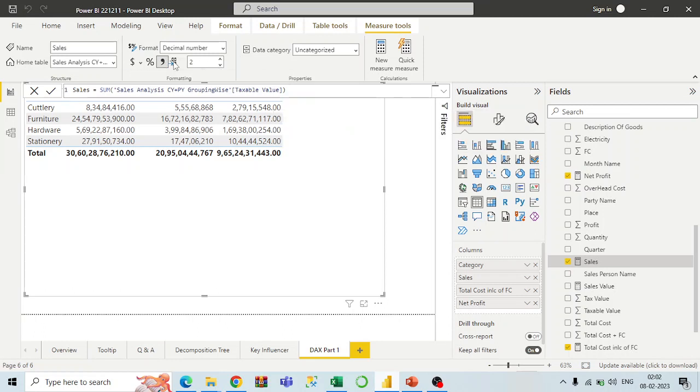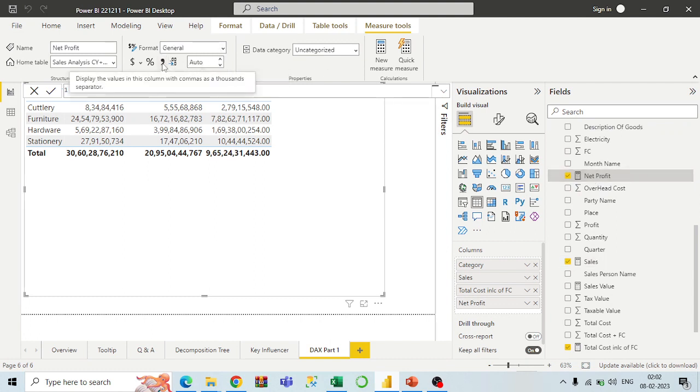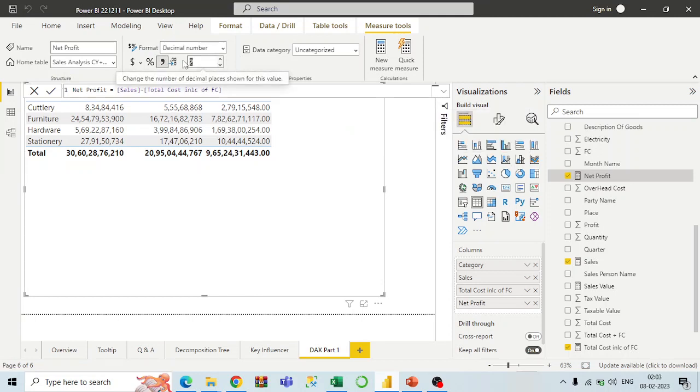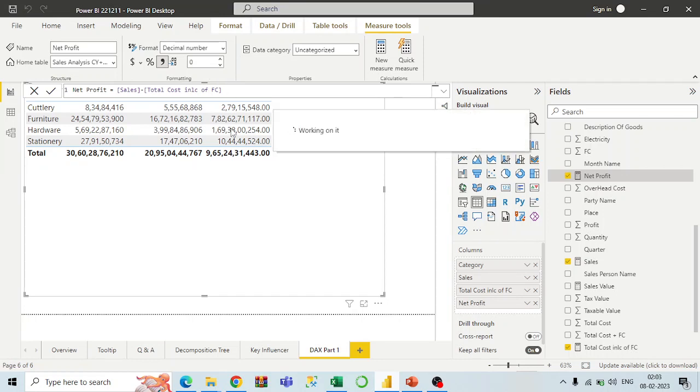I want to remove the decimals. Next is the net profit, comma separated. Zero decimals. Okay, so now